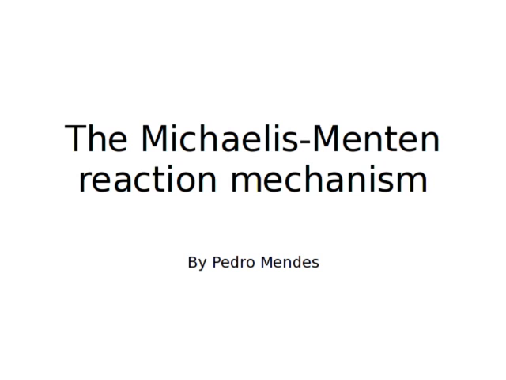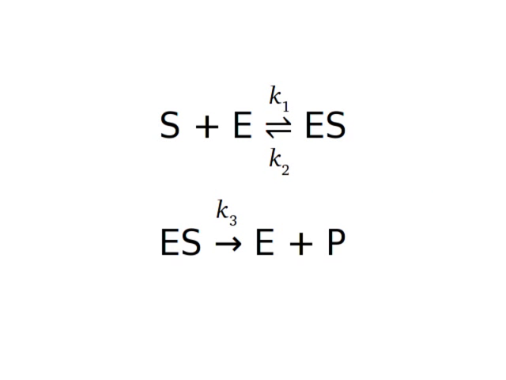The Michaelis-Menten reaction mechanism. This mechanism is composed of two elementary reactions. In the first one, we have S combining with the free form of the enzyme, forming an enzyme-substrate complex. In the second elementary reaction, that enzyme-substrate complex decomposes into product and the free enzyme form again. There are three kinetic rate constants, K1 and K2 for the first elementary reaction and K3 for the second,